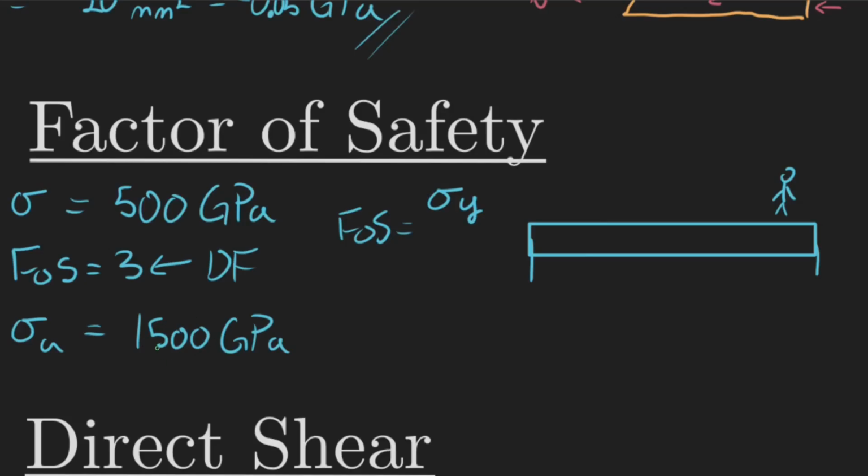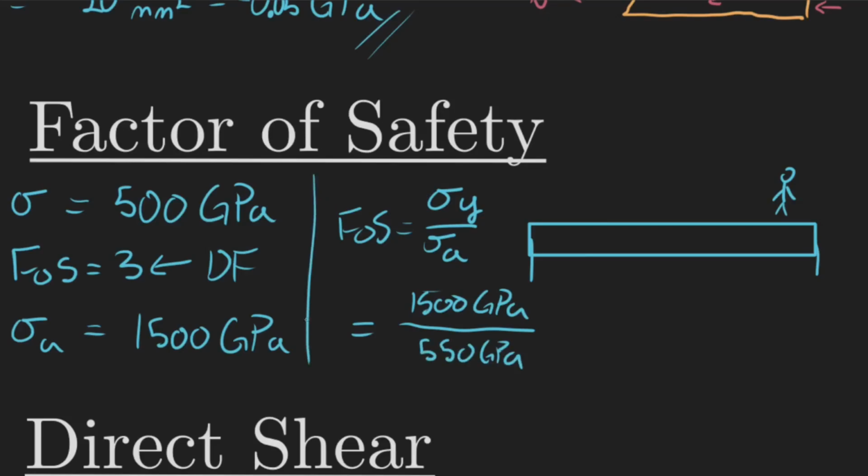So this would be 1500 in this case, divided by what it's actually taking. So, let's just say it actually takes like 500 gigapascals, maybe our approximation was right, and then this would be in the denominator, and then we'd have in the numerator 1500. Maybe I won't use the same number just so you can actually see how these two things are different. So let's say all of this is in the design, and then let's say that actually it's like 550, right? If you do 1500 divided by 550, you get like 2.73-ish. So this right here would be your factor of safety,